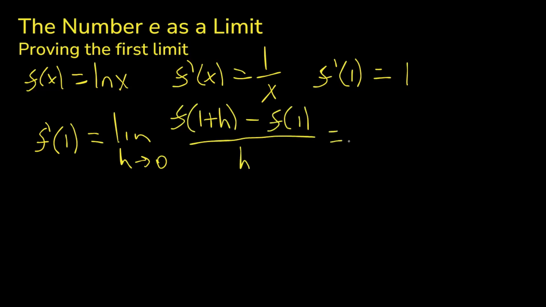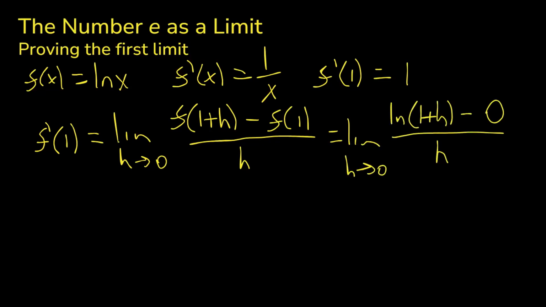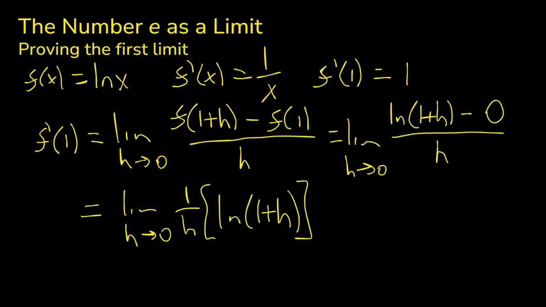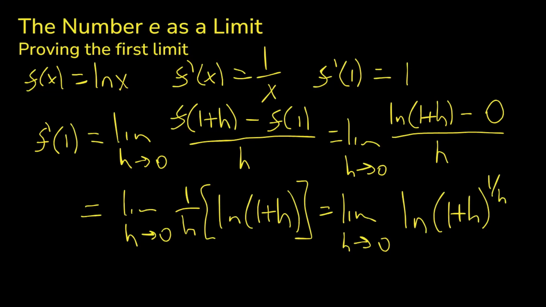and then with the functions plugged in, we would have, and then we could factor an h out of the denominator and rewrite it as, and then using the power properties for logs, we can write the 1 over h as the exponent. And then we know that that equals 1 because that is just the definition of the derivative rewritten, and we know that the derivative is equal to 1. Also, since the natural log of e equals 1, we're going to substitute that in for 1 right here. So then we'd have,